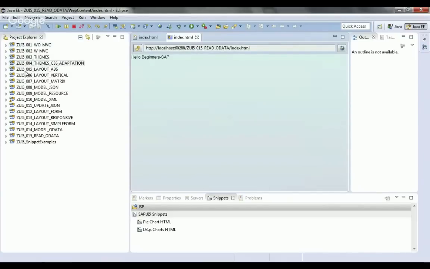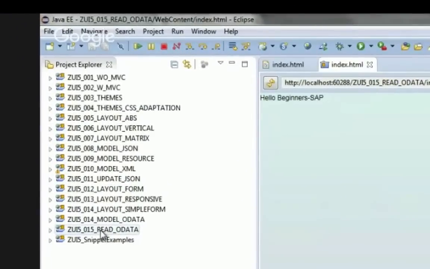And guys, in our course, we are going to go through all these examples. With the help of small and simple examples, I'm going to cover UI5 in complete detail, so that in a short time you will feel that you already know UI5 in a much better way. So that is the scope of this course, because we are going to cover a lot of examples. You can see them here.